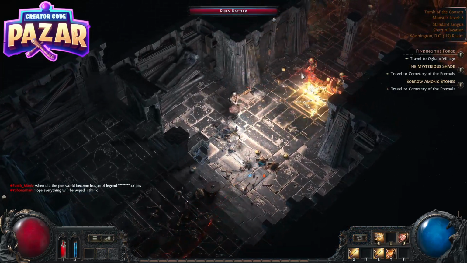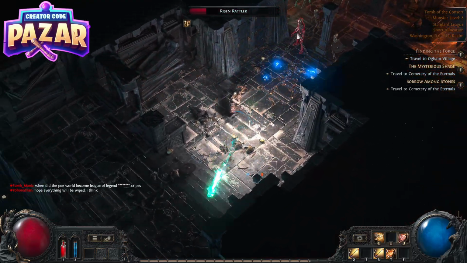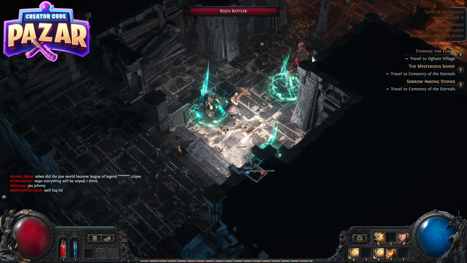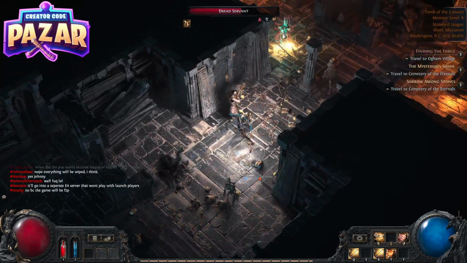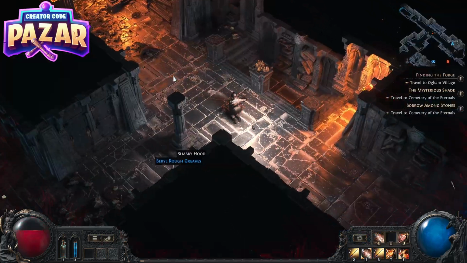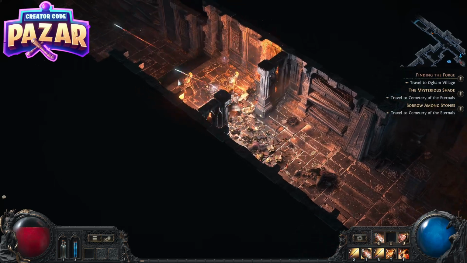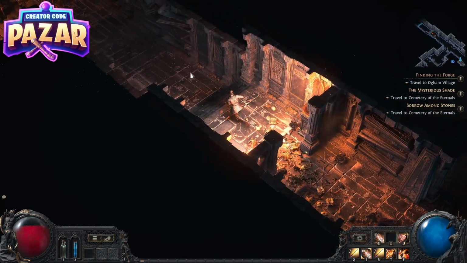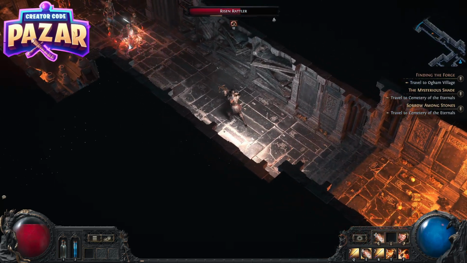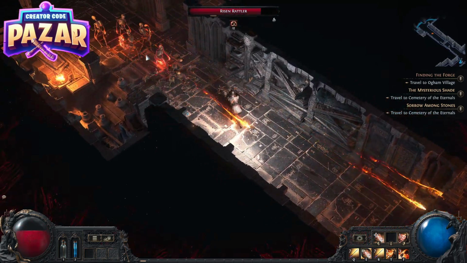I know my guy takes a while to take out enemies, but it is what it is. This is Path of Exile 2, definitely not Path of Exile 1. In Path of Exile 1, you'd be breezing through these with no issues. Alright, so we don't really have to do anything with that checkpoint there, but there is a boss that will drop an uncut support gem if you take him out. And then we are just going to keep on heading inside this area,